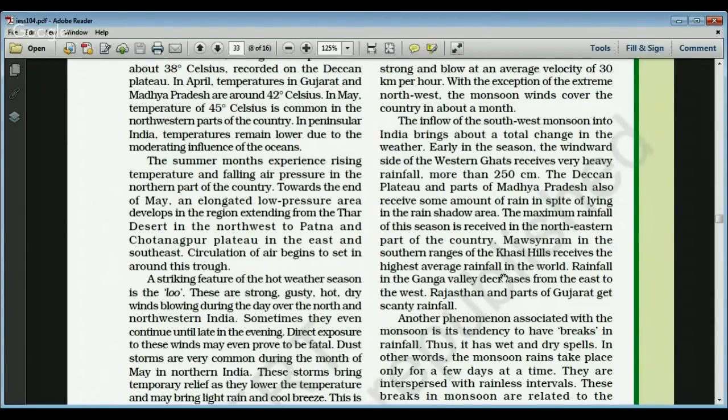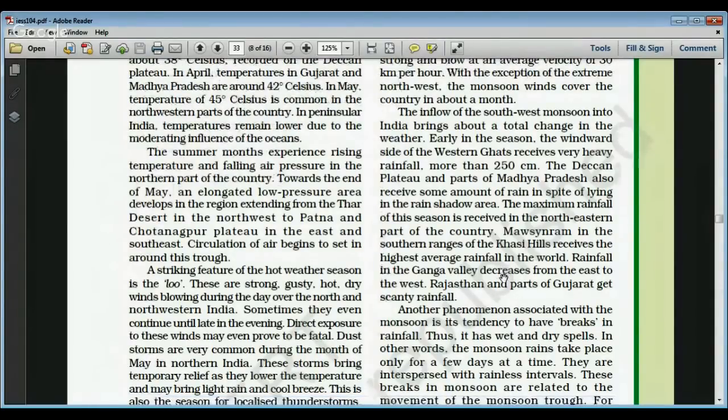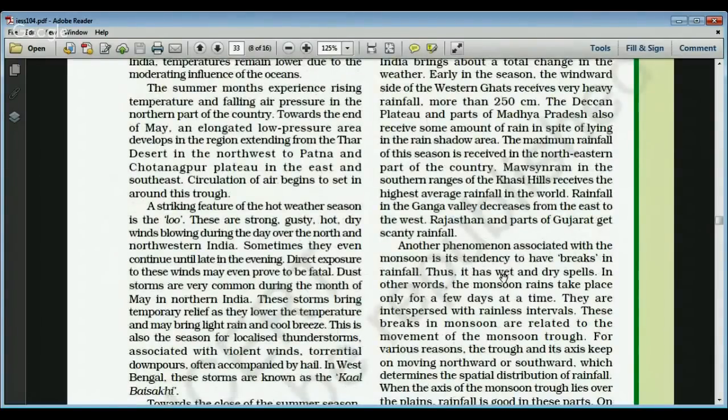Early in the season, the windward side of the Western Ghats receives very heavy rainfall, even more than 250 centimeters. Then the Deccan Plateau and parts of Madhya Pradesh lie on the leeward side of the Western Ghats. That is why they receive a very small amount of rainfall because of the rain shadow region. Although they receive some amount,